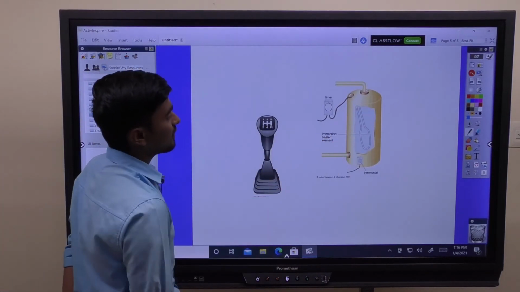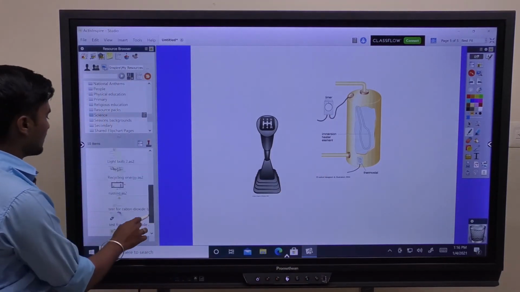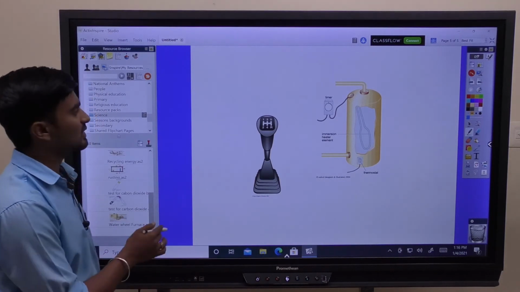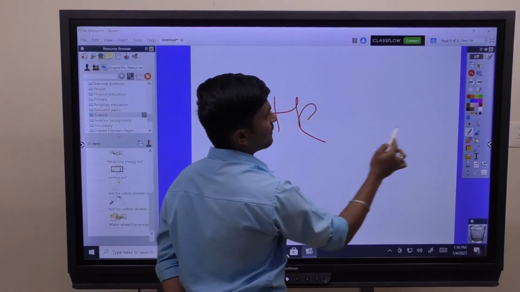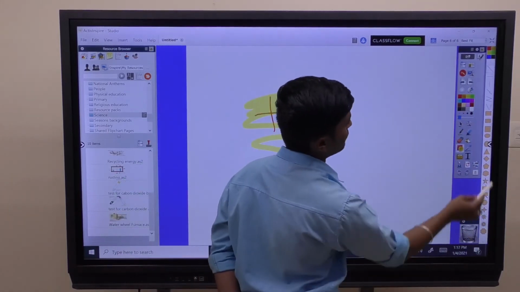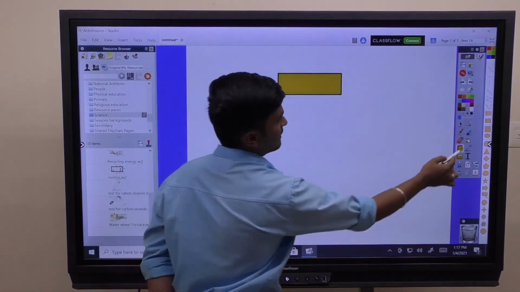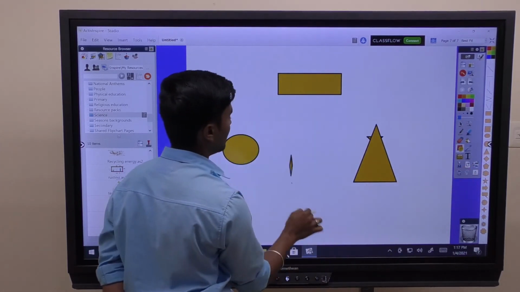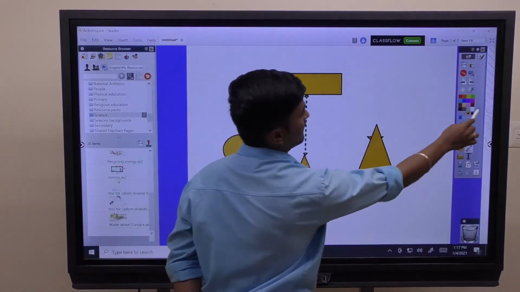Immersion, how the immersion will work. Thermistor. This kind of thing we can do. There are multiple images preloaded in this software. And for writing, we can change the colors, we can highlight things, and some shapes come by default. Now we are going to explain some tools like this. Pie charts, these things can be done, and we can connect these things through connectors.